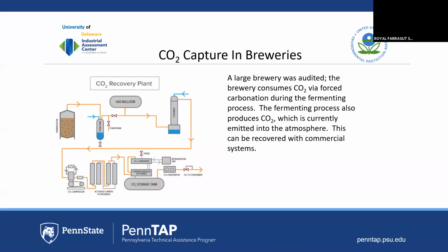As a final case study from Keith, he went to a large brewery to take a look at their CO2 system. So they were creating the CO2 to put within the beer, and they were processing 280,000 barrels of beer per year, and they found that it was possible to collect 3,560 pounds per year of CO2. They found that the CO2 purchase cost was around 8 cents per pound, and that led to a savings of almost